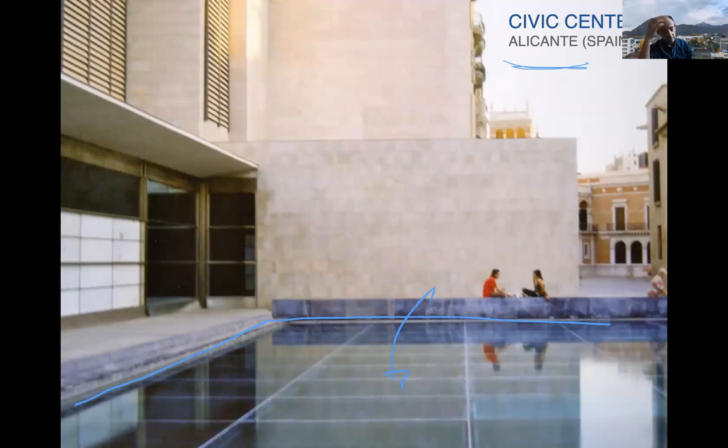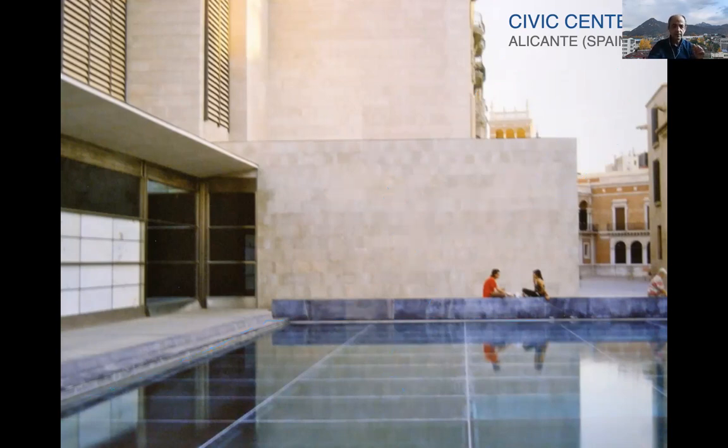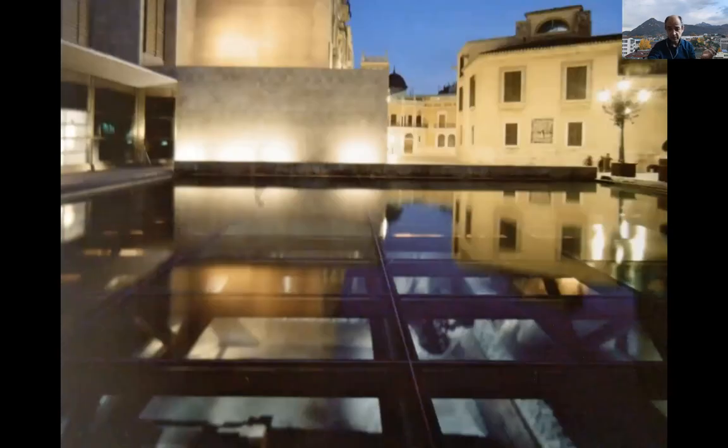There was a gallery by Steven Holl, which opened for 1 year. Now we cannot visit anymore. It also, I think, used this kind of trick. The only thing with water over glass is that it needs maintenance, right? So you need to filter the water and clean it, the same as a swimming pool. You have to clean the glass from time to time, and you have to be very sure you don't have leaks. But in our case, we know it is possible, so we can do it.